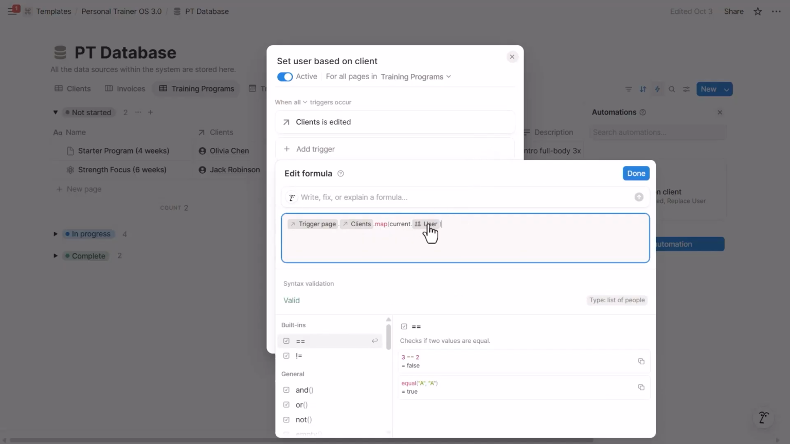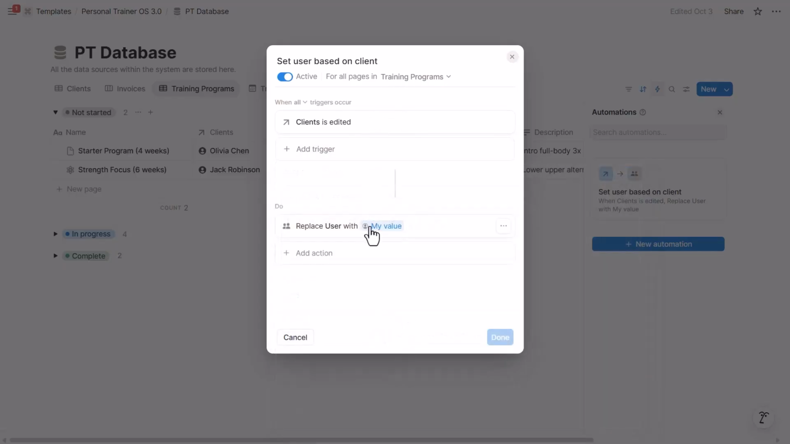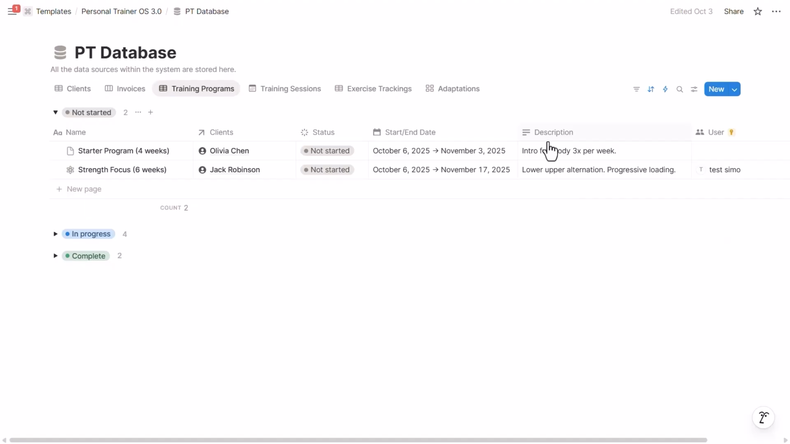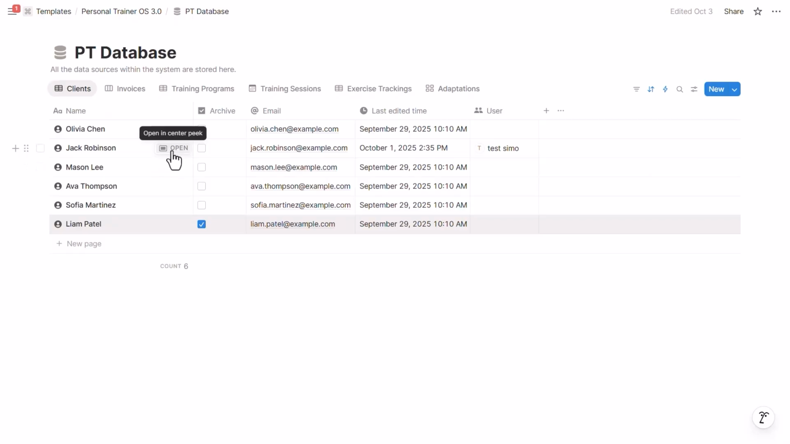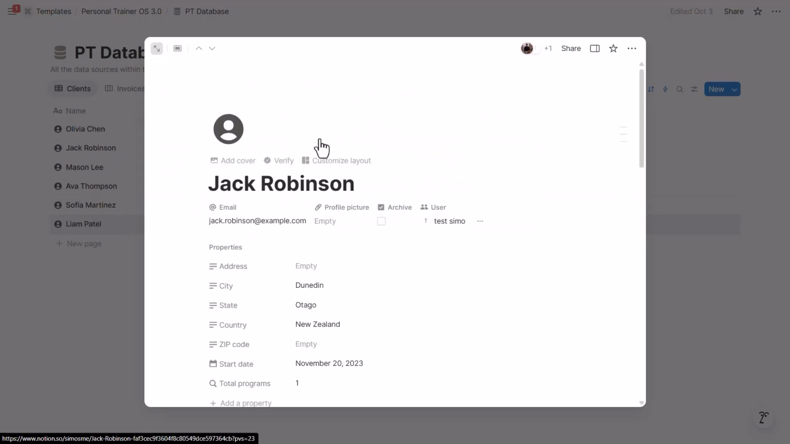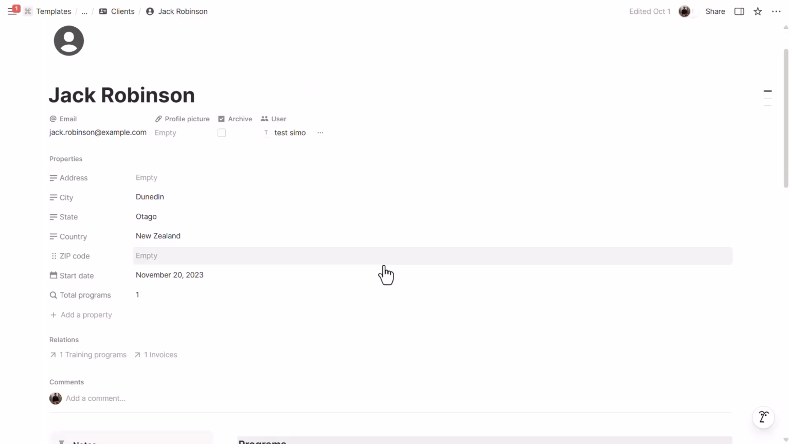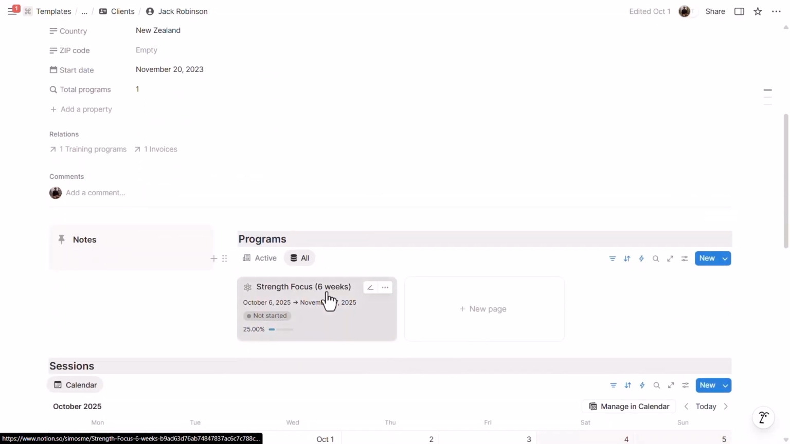This means we get the user from the client related to the program that triggers this automation. The same logic is used across sessions, invoices, and exercise trackings. That is why it is important, just like I showed you in the example, to set the user here. If there are any issues with access, you can always go to the user page and make sure that the